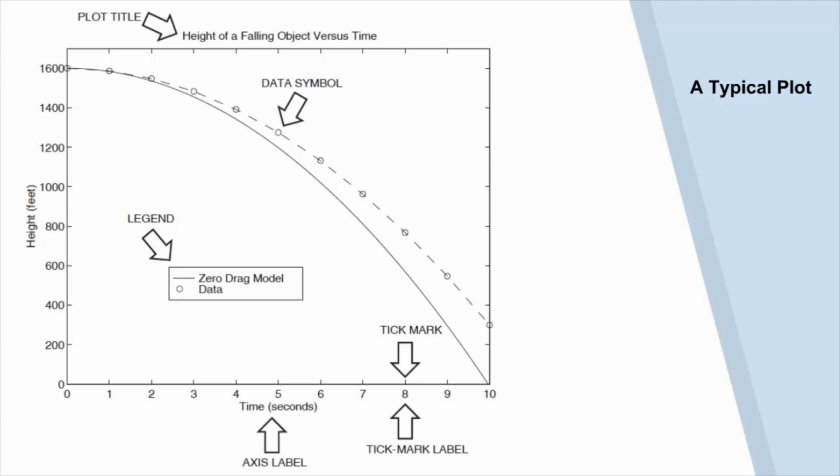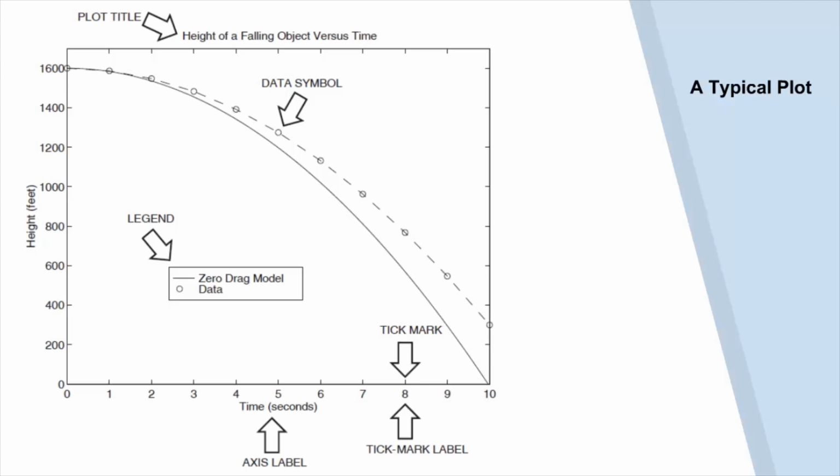When data are plotted, each data point is plotted with a data symbol or point marker such as small circles, as represented here. An exception to this rule would be when there are so many data points that the symbols will be too densely packed. In that case, the data point should be plotted with a dot. However, when the plot is generated from a function, data symbols must never be used because it generates a very large amount of points. So lines between closely spaced points are always used to plot a function.